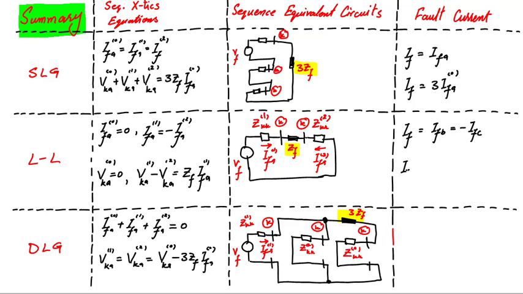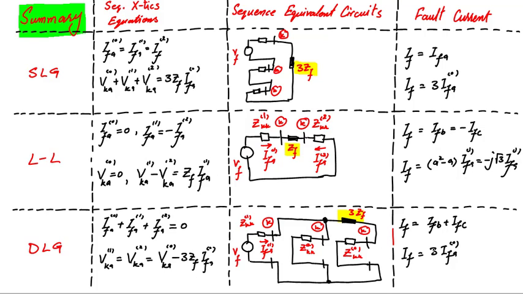And in terms of sequence components, fault current is A square minus A times IFA positive sequence, or we can write it as minus j root 3 times IFA positive sequence. And in case of double line to ground fault, the definition of fault current IF is equal to the sum of phase B and C currents, IFB plus IFC, and in terms of sequence components, IF is equal to 3 times IFA zero sequence.